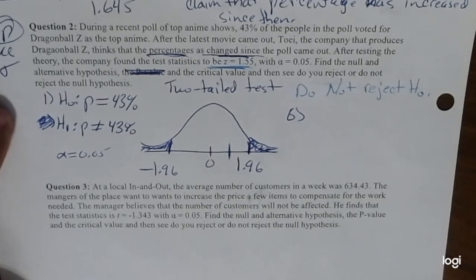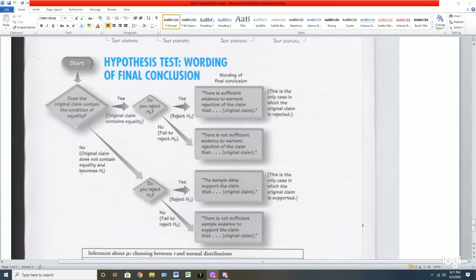Changed. So does change mean equality? No, change means not equal to. It has changed since, past tense, so it's not equal to. Again, it means no. Second question, do we reject or do not reject? In this case, we do not reject. So we should be in box 3. So you're either going to write, there is not sufficient